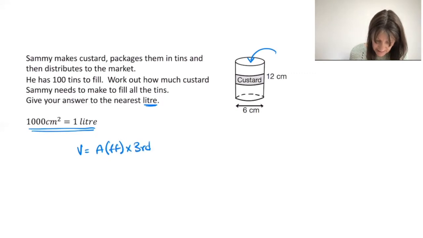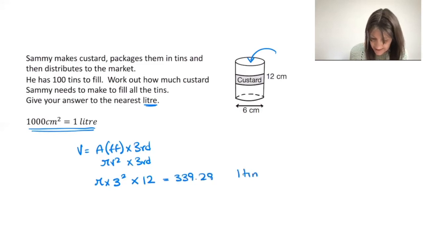The front face is pi r squared. So we're doing pi times the radius. Diameter is 6, so it's going to be 3 squared. It's got a height of 12. I put that in, and I get 339.29. Now remember, that's one tin only. We're actually going to be filling 100 of these tins. So I'm going to times through by 100, and that's going to give me